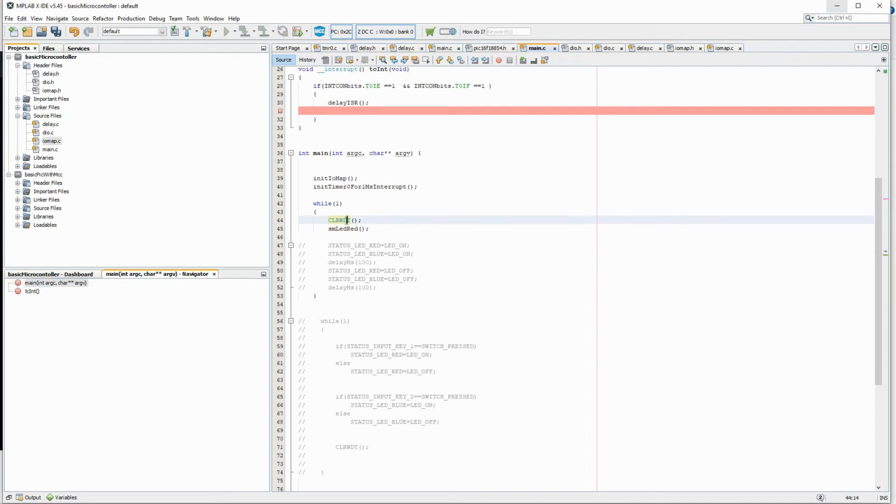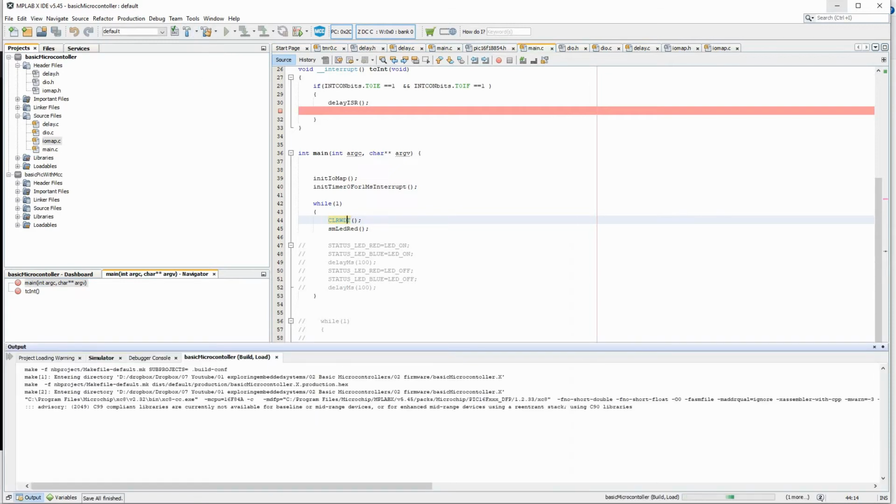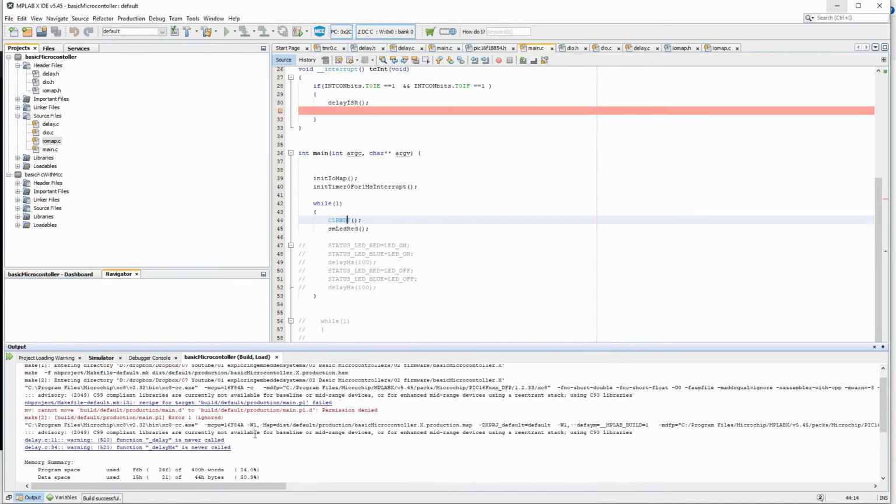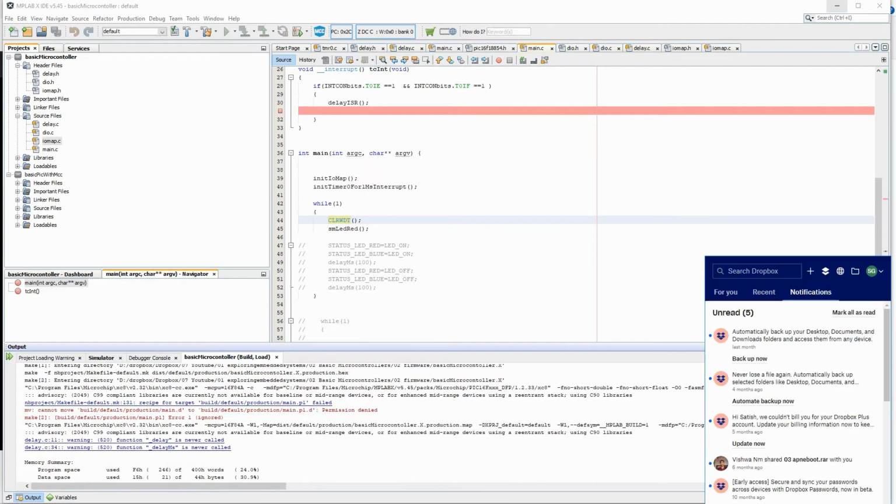But since the clear watchdog timer was not being called, the watchdog timer overflowed and it reset the processor. So now let me build this and see what happens. Let me pause. We had faced this earlier.